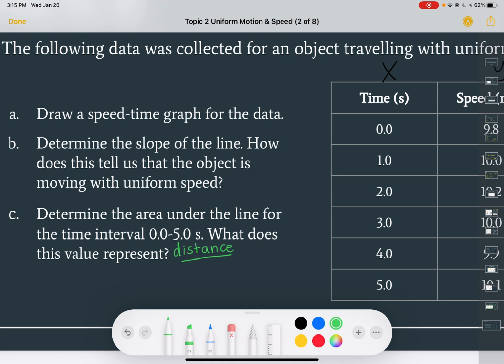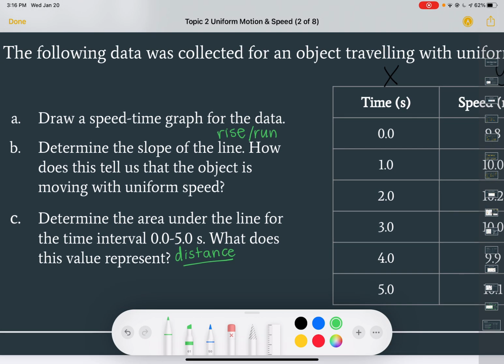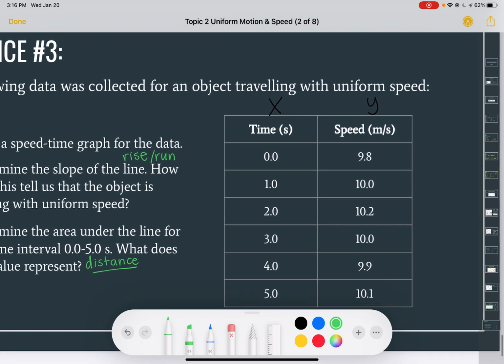So determining the slope of the line, we're still going to do rise over run, just like we did before. And then what does this tell us about the object? Tell us the object is moving with uniform speed. So your rise over your run, your slope is never going to tell you if it's moving at a uniform speed, because that's really an average. So the only way you're going to be able to tell if it's moving at a uniform speed is by looking at maybe the data here,